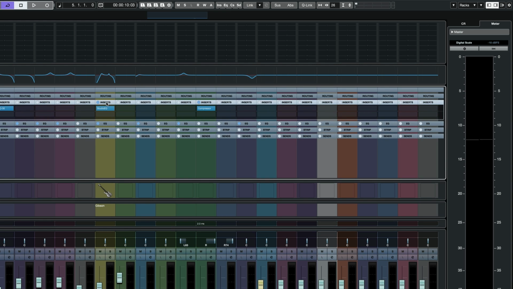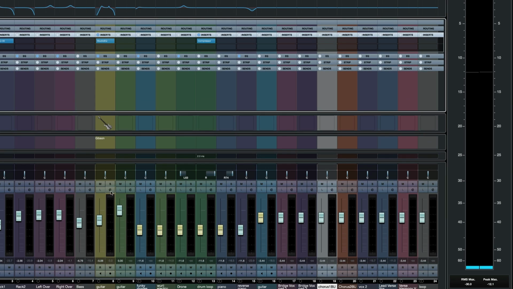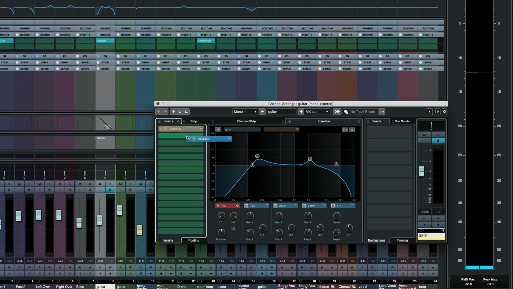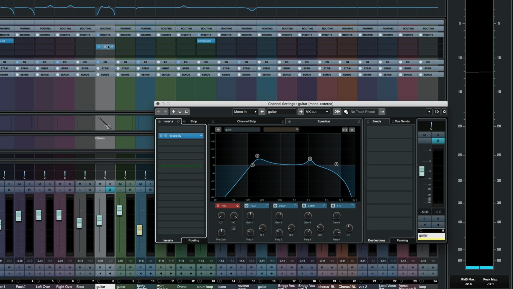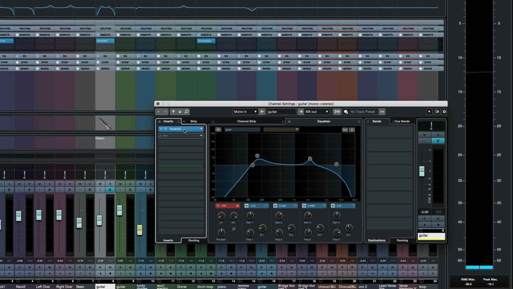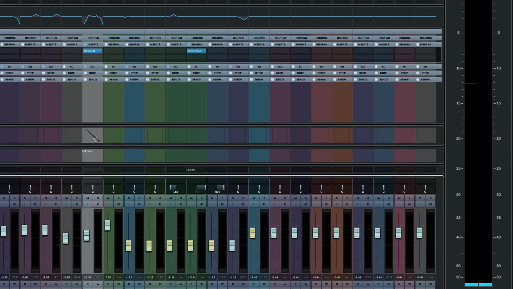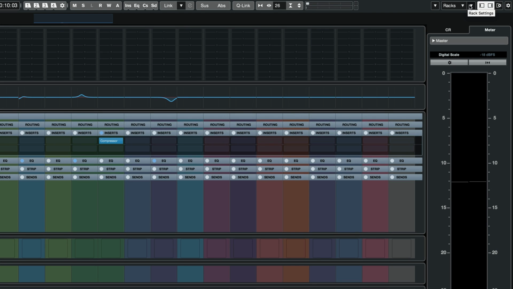So as soon as you click that on, you can see what inserts you've got on a particular track. And of course, you can get to everything by clicking to the E, which is what we talked about before. You'll notice that this Studio EQ is the exact same Studio EQ that's right there. So if I move this down a slot, you'll notice it's gone down a slot right there, and vice versa. They're the same thing, just visually represented in a different way. That's how you kind of address what you want to see in your racks. It's totally up to you what you want to put there and show, but this is generally what I have showing most of the time.